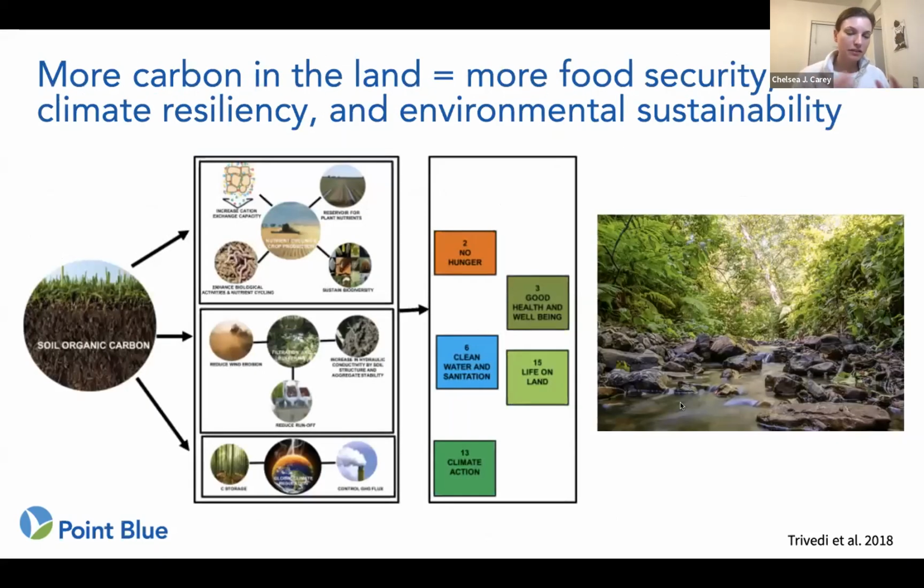So that's directly related to climate change mitigation, again, drawing down carbon dioxide from the atmosphere. And if you scale it up with other management practices that do the same, the idea is that we can have an influence on climate, helping to slow climate change. And we know that land-based stewardship is a really critical piece of the picture, in addition to reducing and stopping emissions. And at the same time, especially when you're rebuilding soil carbon, it comes with so